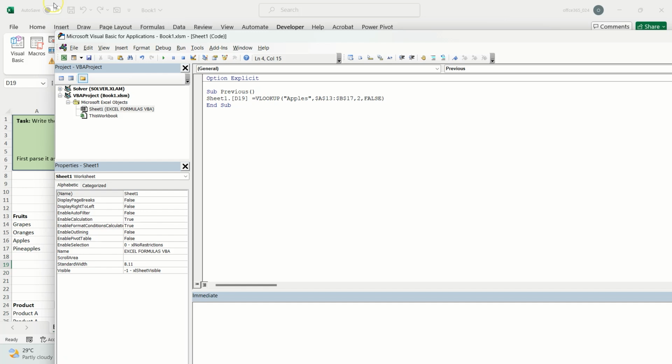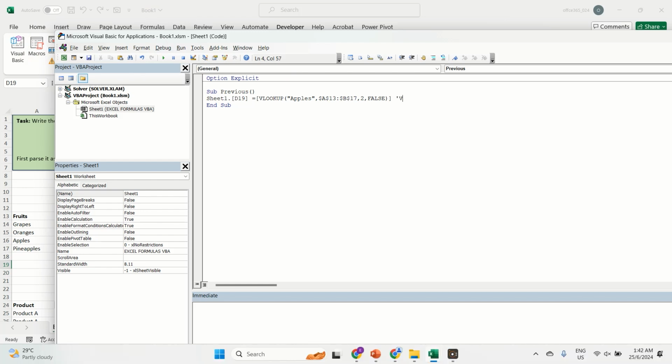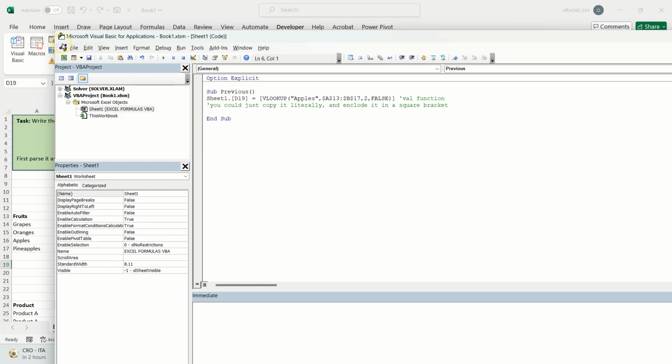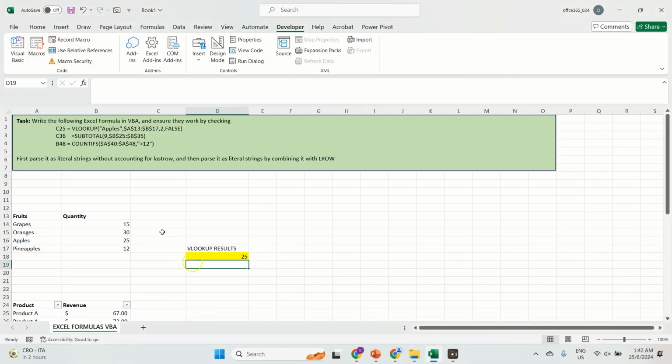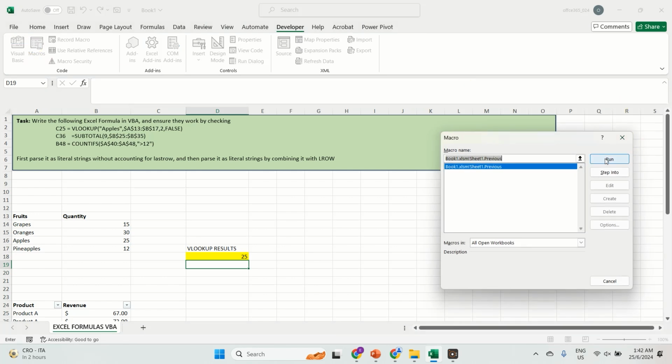And remember, I told you that we can do something like this using the Evaluate function, with the square brackets. You could just copy the formula literally and then close it in square brackets. If I run this previous procedure now, on D19, I'd expect to see the results on D19. If I were to run this,